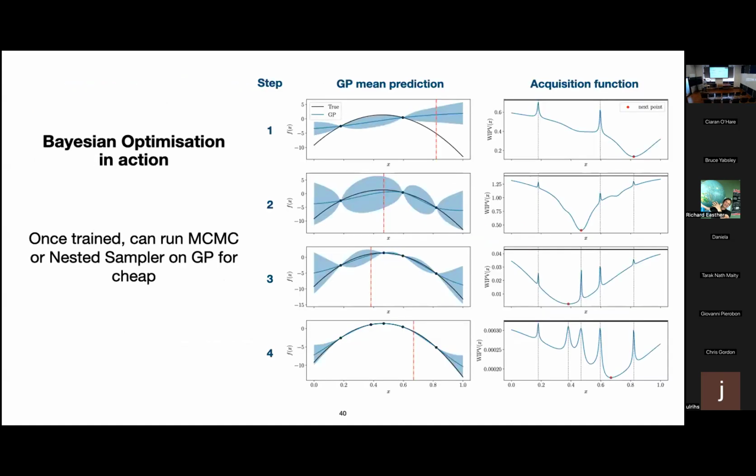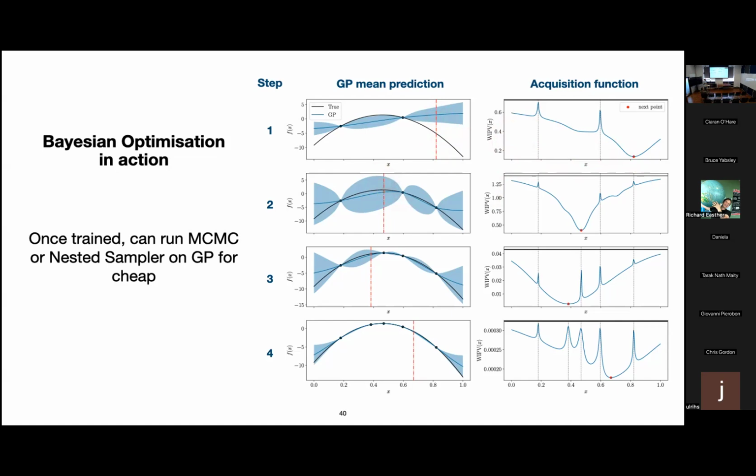In practice, here's what it looks like for a simple one-dimensional example. You start off with an initial set of 2 training points, and your acquisition function, once you optimize it, tells you that you should evaluate it here, because not only is the variance here large, but so is the expected value of the function, so the mean of the function. The acquisition function landscape itself looks like this, and here we are looking for the minima of this, because the minima represents the lowest global uncertainty you would get after sampling your new point.